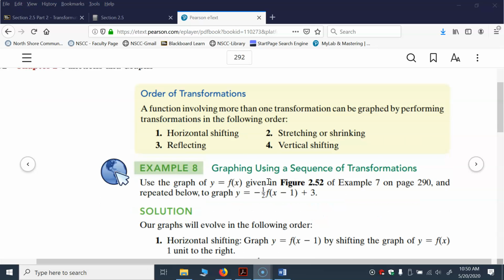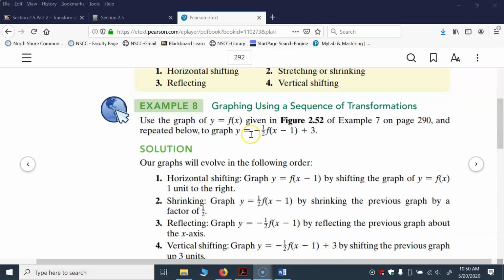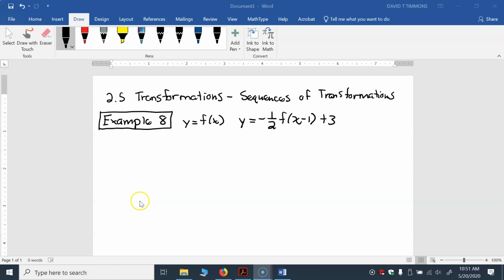So let's look at example 8. And this is going to utilize that same generic function f of x that we worked with doing the horizontal stretch and shrink example that I did in the previous video. So in example 8, they give us a generic function f of x that we use to obtain coordinate points from the graph in the textbook. And so particularly in a problem like this, where you don't know the actual algebraic function you're working with, you really need to look carefully at the transformed function and identify what transformations you have in that function before you